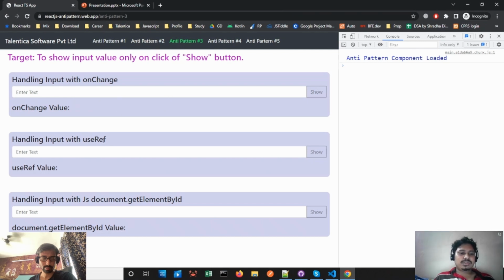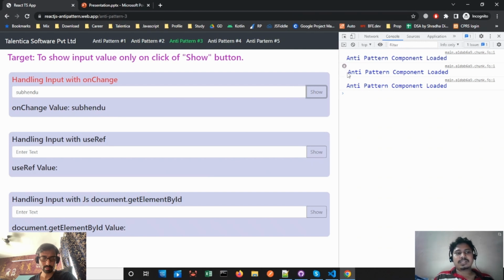The problem statement is that only when we press the show button should we get the rendered input value. However, in the first case, where we appended onChange, let's say I'm typing out my name. Right now my component has the entire value of my name, but it is not showing until I press show. Once I pressed it, it started showing. That is fine. But if you observe, every time I write each character,